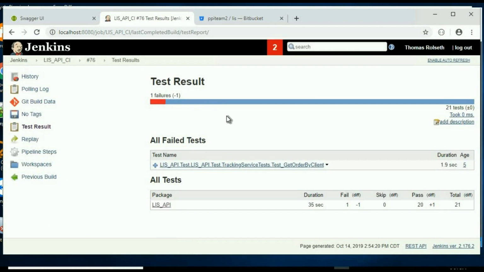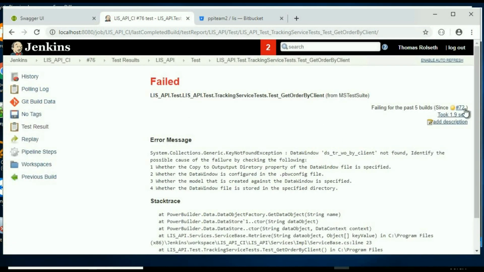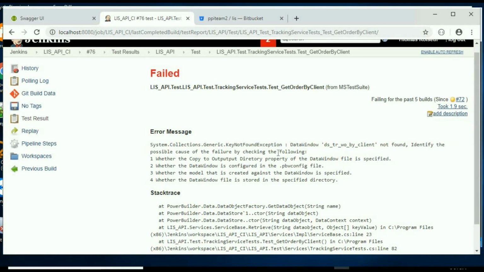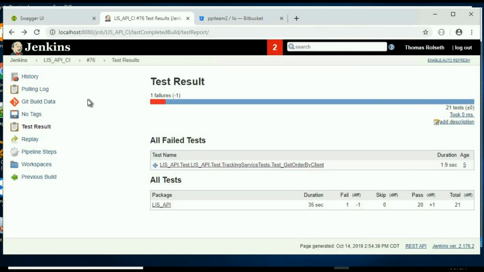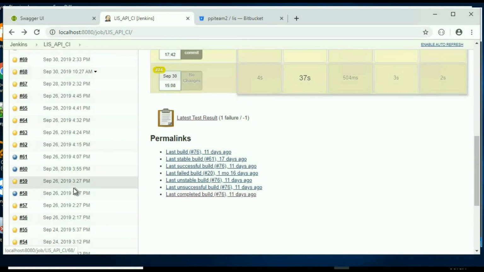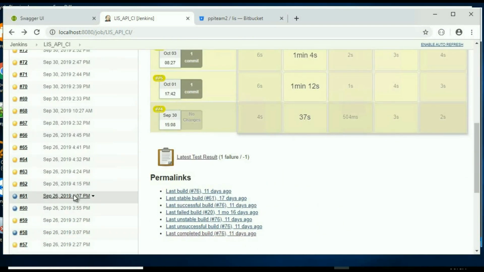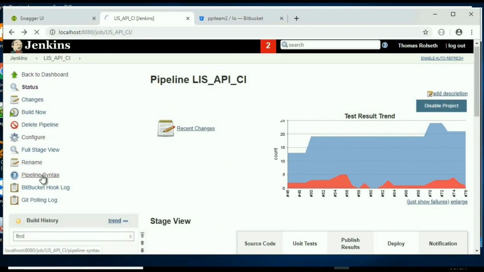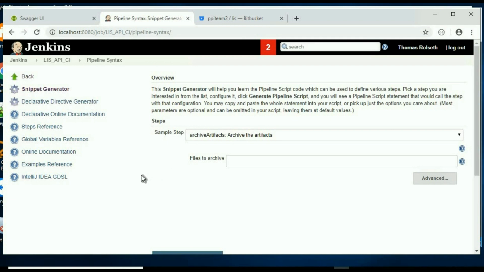When you view the latest test result, you'll get a list of failed tests, if that's what happened. So this is nice because you can go back and look at the error message and find out what went wrong, and then do whatever is required to resolve that. You get a running history of your builds, some of which are successful, others are unstable, which is what the yellow dot means. The last thing I wanted to touch on here was